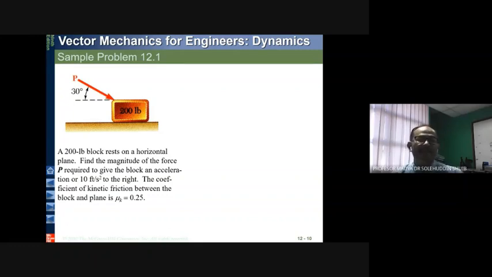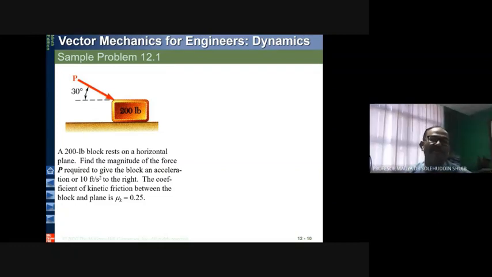So here, what do we have? We have a block, 200 pound. A 200 pound block at rest, lay on the horizontal plane. So we need to find the magnitude of the force P. What will be the magnitude of the force P required to give the block an acceleration